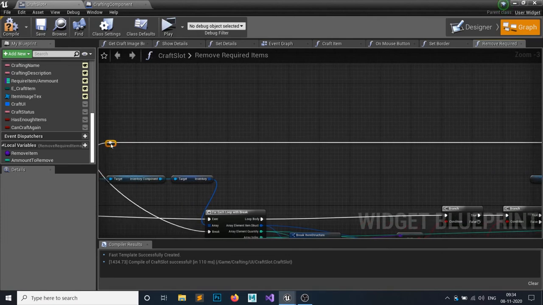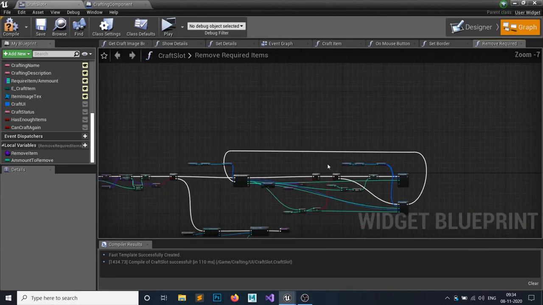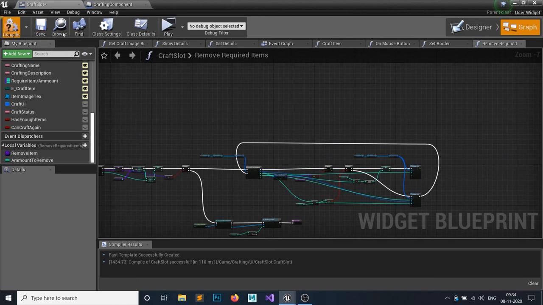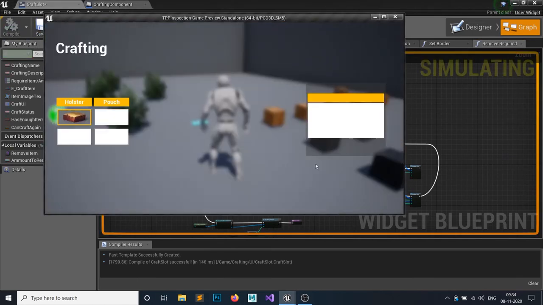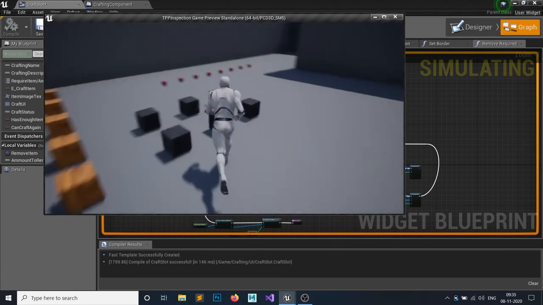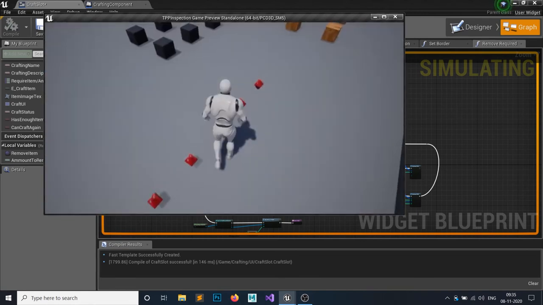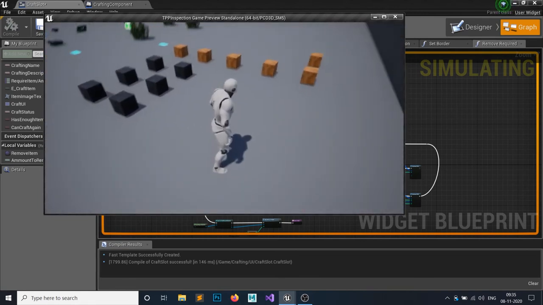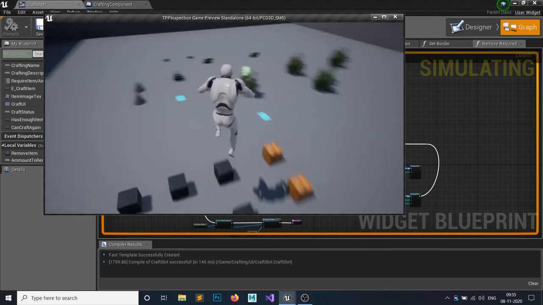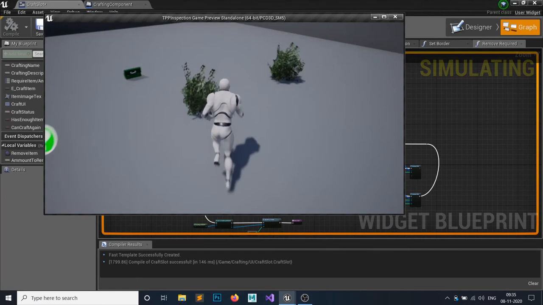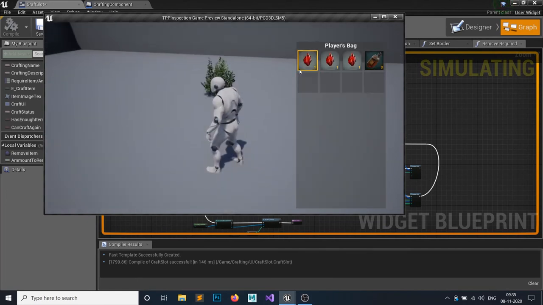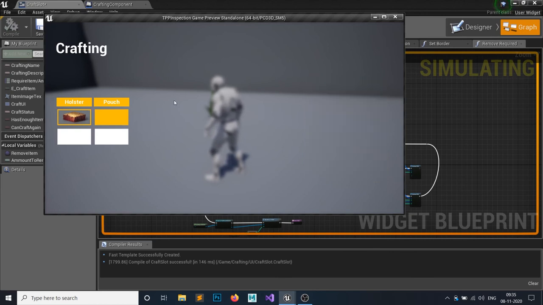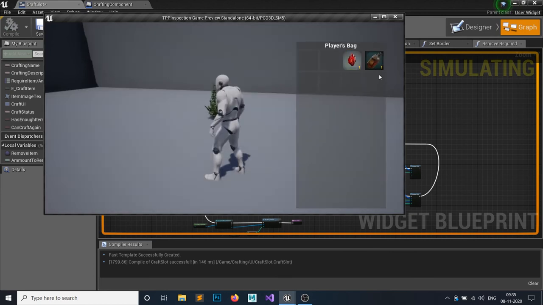So okay, it is working now. It looks so much messy, but okay. So when we craft this item, we want to remove 2 herbs and 2 rare stones. So as you can see, 1, 2, 3. Hit tab. We have 3 rare stones and 3 herbs, and after removing, we should get 1 rare stone and 1 herb. So if we remove, yes, we have removed. So 1 rare stone and 1 herb remaining.